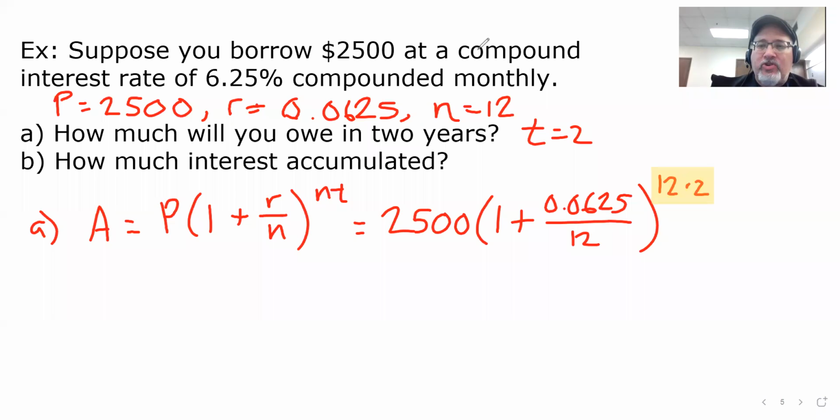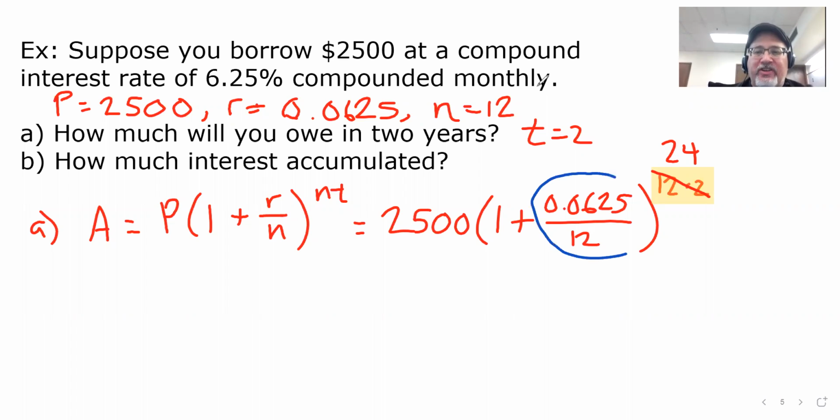12 times 2 is just 24. But that's the only thing you should calculate in advance. Everything else you should type in as is. The reason why is that if you try to do this and write it down, most of the time that decimal goes forever. And when you write down, you stop writing and you've rounded off your answer, which can create an incorrect answer at the end. So simplify the power because it's just a multiplication problem, but then type the rest of it